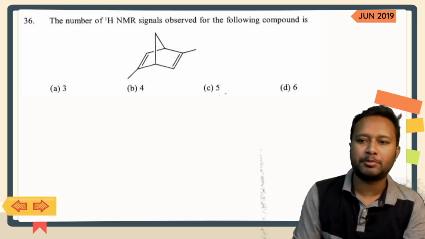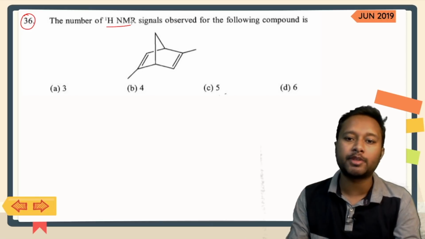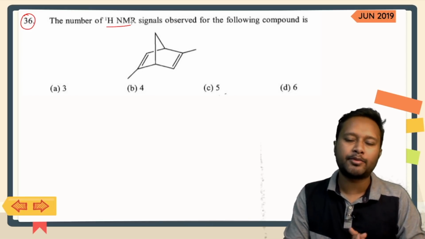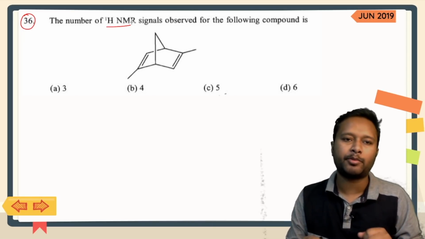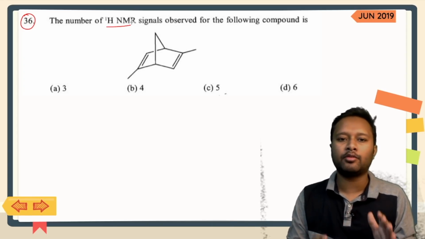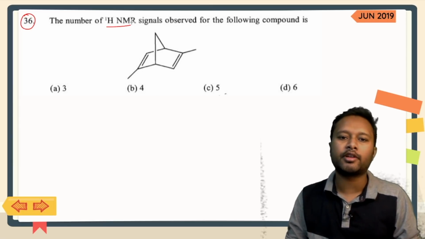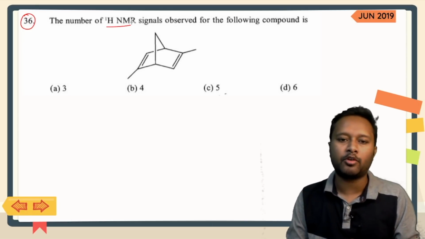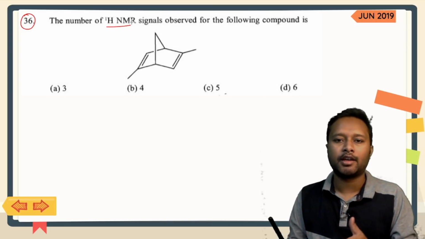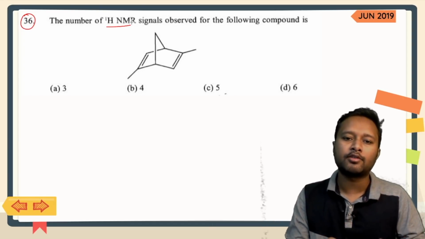Alright guys, let's look upon this particular question. It was a pretty simple one. It was said that the number of proton NMR signals observed in the following compound is. To answer these types of questions, you need to understand about homotopicity and heterotopicity. These are the topics like you have diastereotopic, you have enantiotopic hydrogens. So for that I have a separate video. If you have watched that, it's good. If you have not watched, I'll give you a link of that in the I button. You can click over there and watch that video. You will understand how to analyze the topicity of the molecule or topicity of the hydrogens, how to analyze heterotopic, homotopic, diastereotopic and enantiotopic hydrogens. Okay, so let's try to look for this.